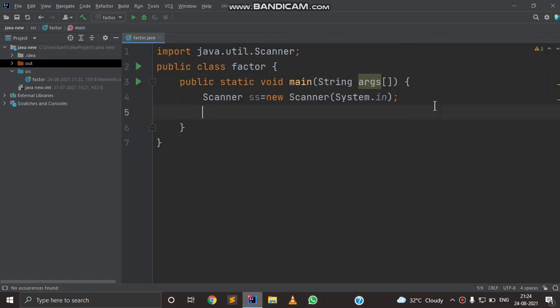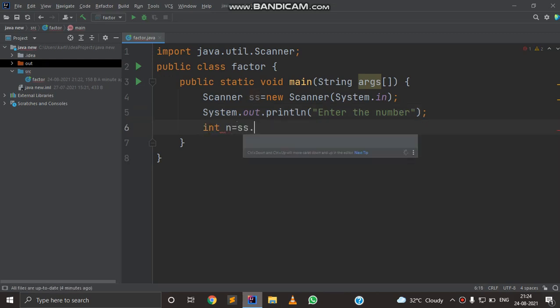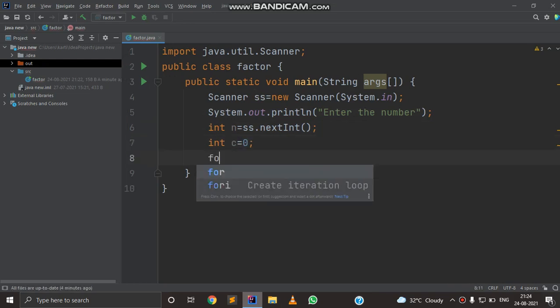Now I am going to write a program in which we will find the greatest factor of a number. We take input from the user in variable n, and we initialize one variable as 0.